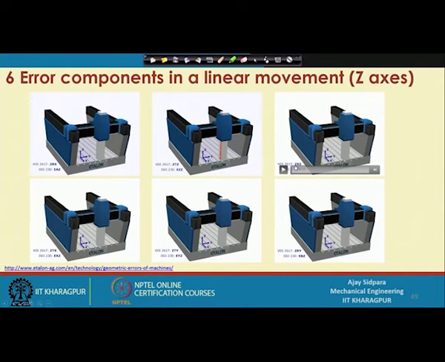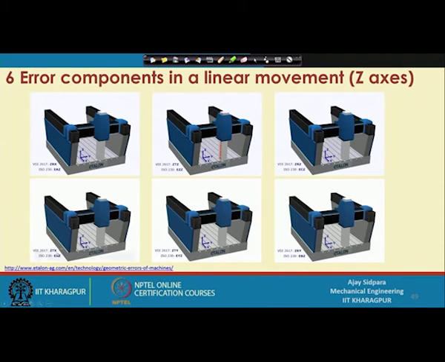Here it is the motion in the z direction and rotation around the z direction, right. So, this is rotating a little bit in this axis. Your tool is actually rotating, but it is also rotating around this particular axis. So, it is some angular displacement or angular error because of the joint between the spindle and the tool.